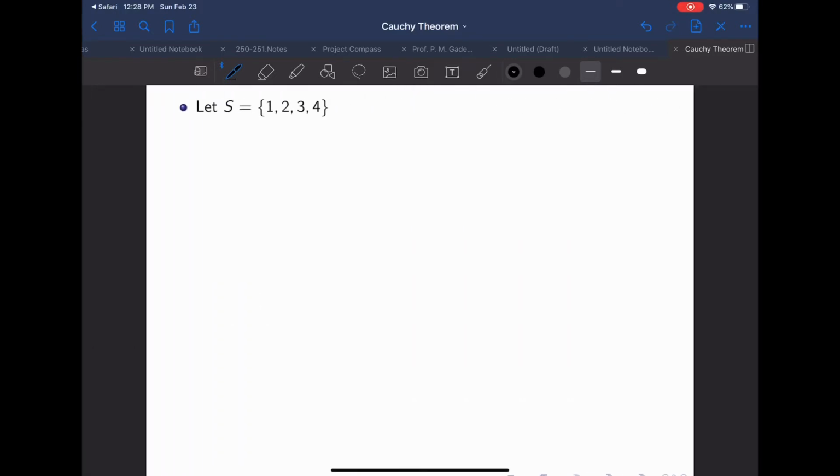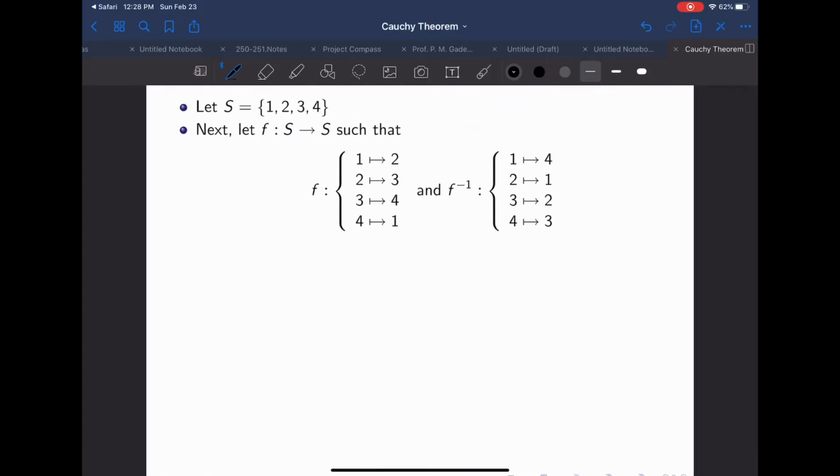Let's look at some example here. Suppose we have the set S, which contains four elements 1, 2, 3, and 4. And let's suppose we have a map f which sends 1 to 2, 2 to 3, 3 to 4, 4 to 1. And clearly the inverse of f will send 1 to 4, right? 2, notice here, to 1. 3 goes to 2, and 4 goes to 3. Okay, so